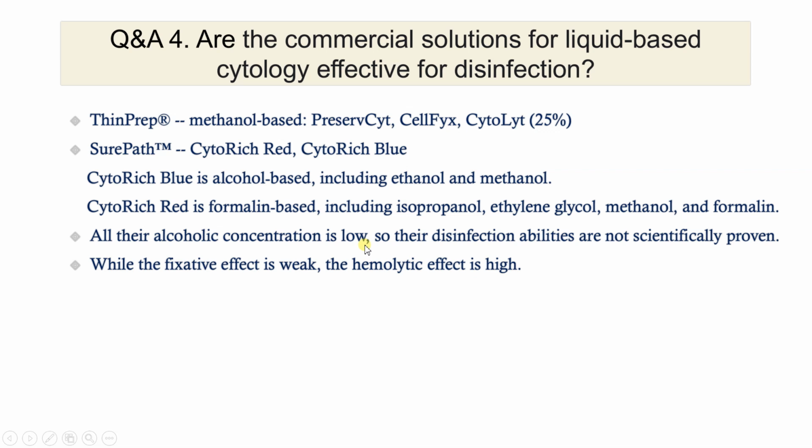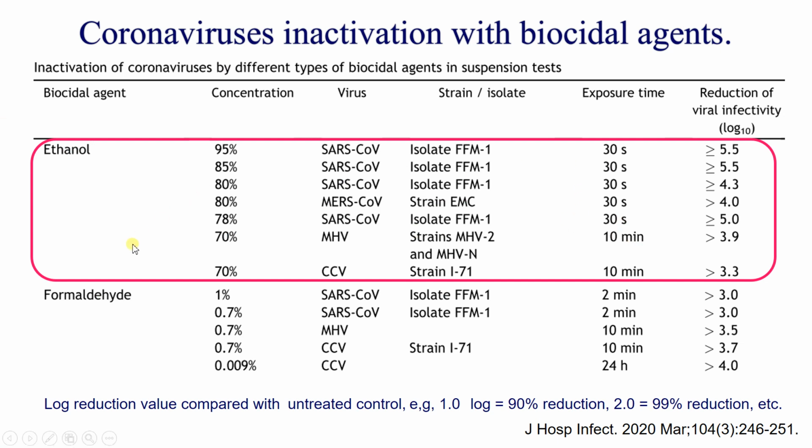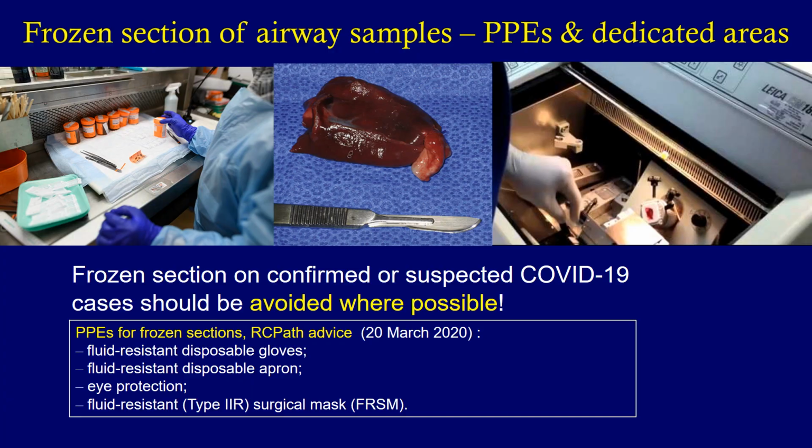But I believe they may have some level of disinfection ability, but their fixation time should be much longer than expected. As I said previously, when the alcohol concentration drops lower than 70, so over 70, the virus would disappear in only 30 seconds. But if lower, it takes 10 minutes to kill the virus. If you are at very low concentration, I'm not sure the exposure time would be 1 hour or hours. And more than that, I'm not sure the viral reduction would be 1 log, 2 log, or 3 log. It needs more experiments to prove these commercial fixative